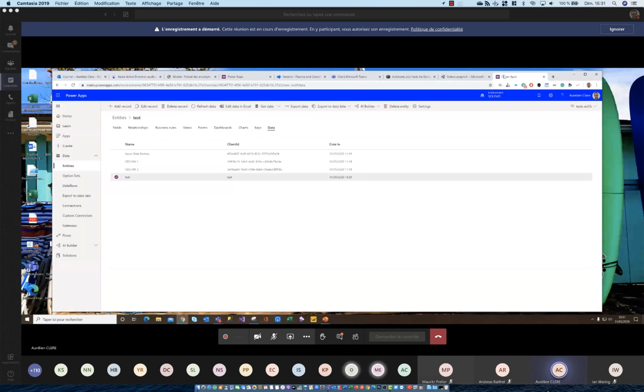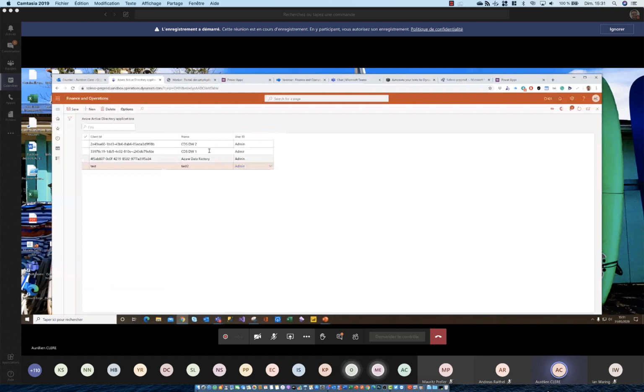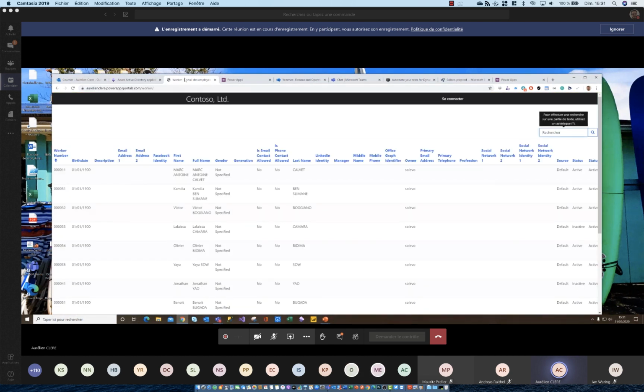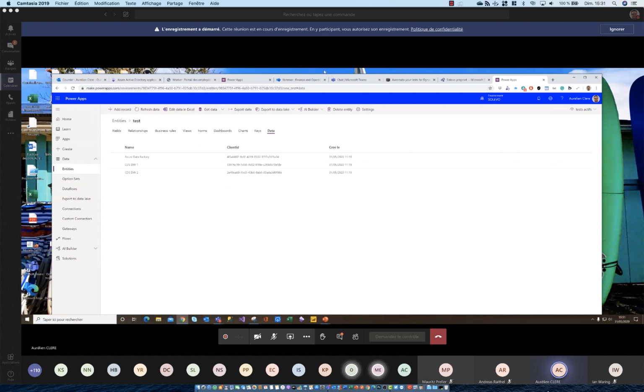And of course, I have had a question also from a customer if it handles deleted records. Normally, you don't delete records in production, but still, if you delete a record and I go to my finance operation, it's deleted also. So it handles update, create, and delete. Yeah, so really helpful, as you can see, even for custom entity mapping.